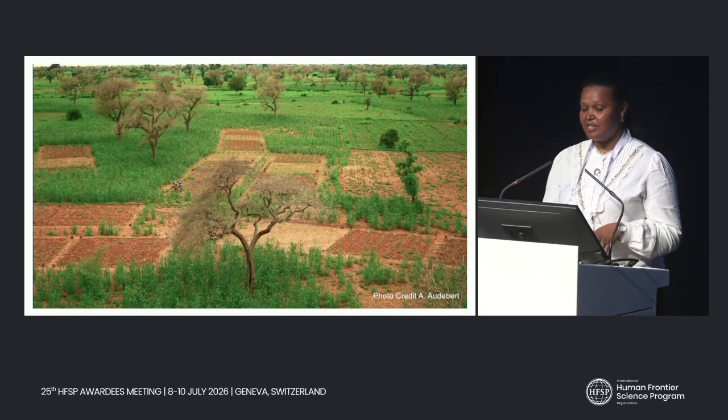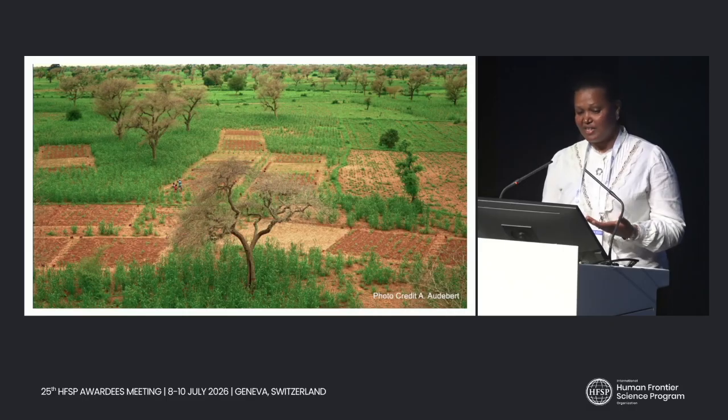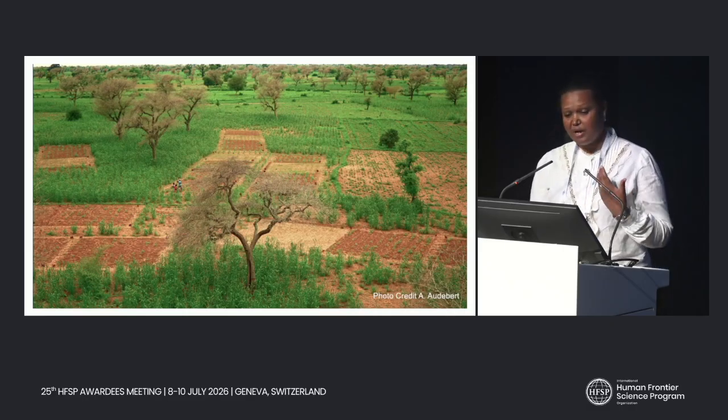So this Faidherbia albida has an inverse phenology, which means that it grows in the dry season and sheds its leaves in the rainy season. As you can see in the image, it's dry in the rainy season. And so the first time I heard about it, we thought it's strange, so we excluded it from our experiment.